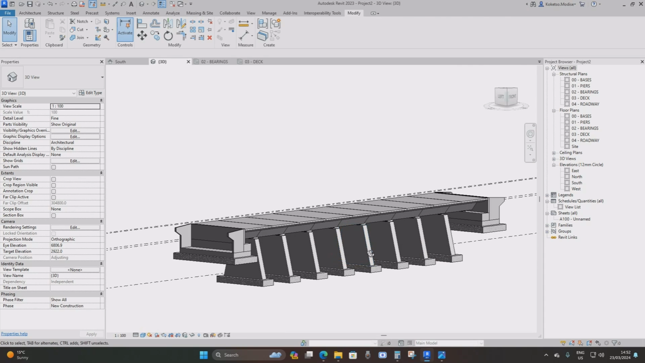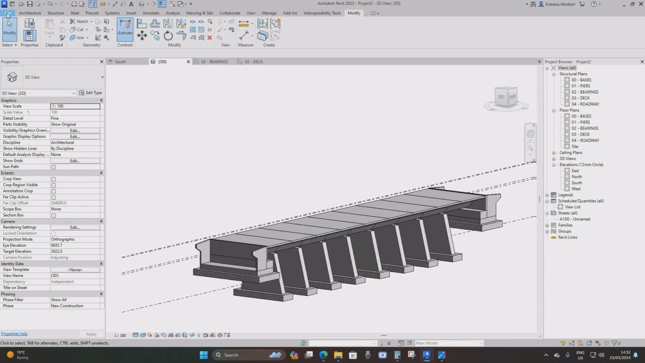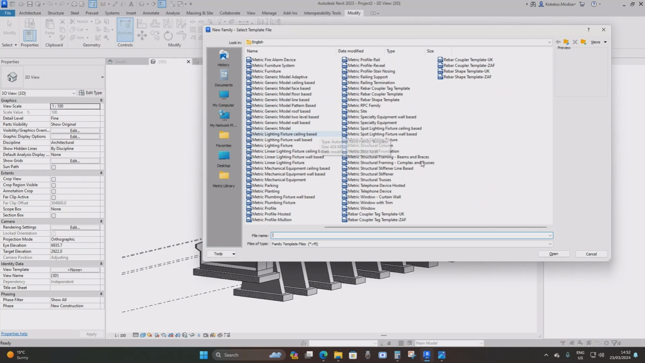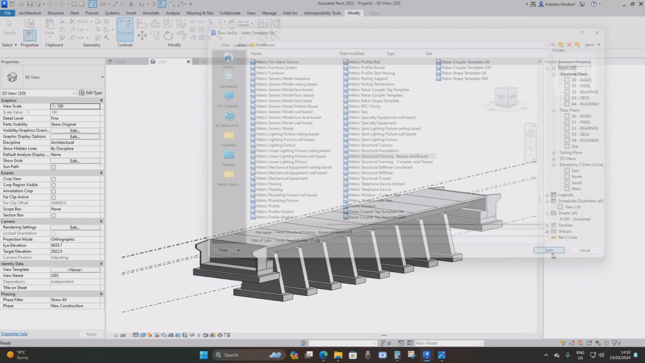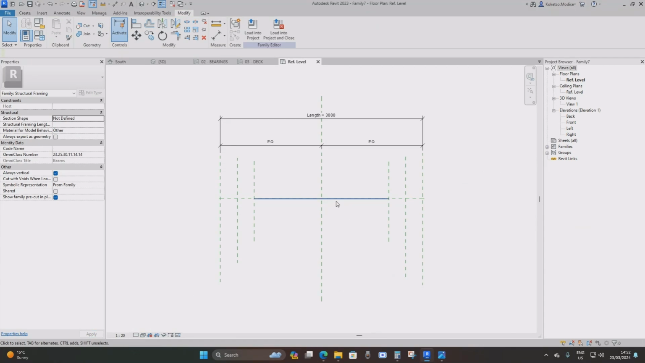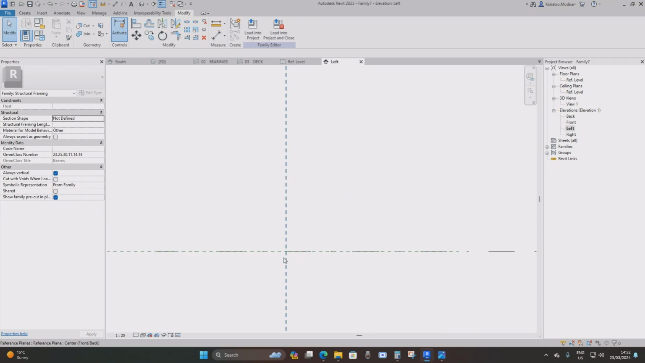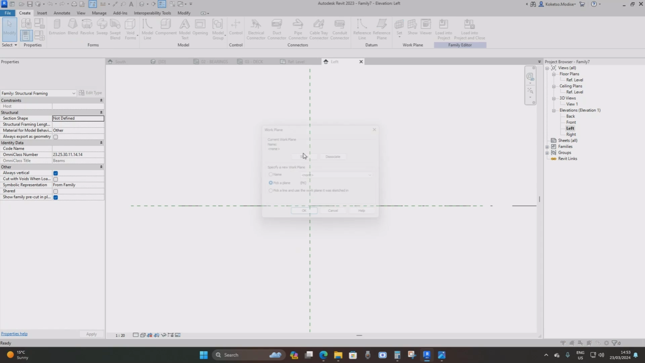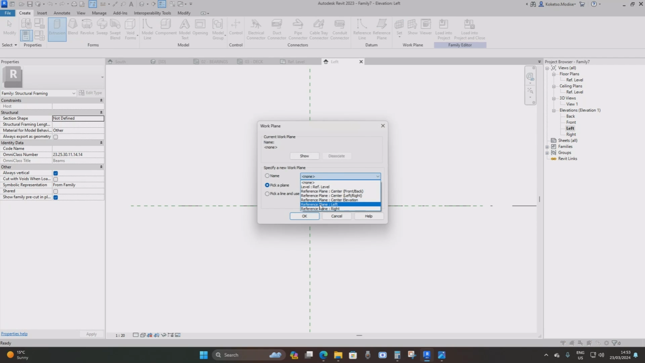And now for our bridge parapets, I'm going to go with File, New, Family, and then drop down to Metric Structural Framing Beams and Braces, and open. Then I'm just going to remove this extrusion, remove this line, and remove these extra reference planes. Go to the left elevation, and then I'm going to say Create Extrusion, set the reference to Reference Plane Left,